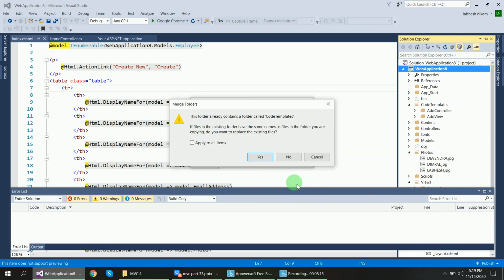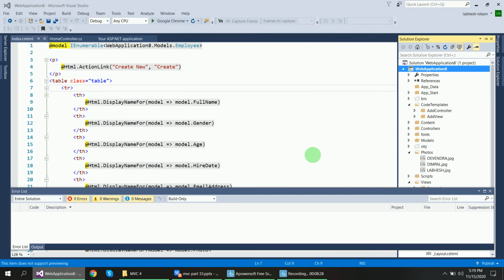A message will appear asking whether you want to modify. We just cancel it, because if you modify, all the application code will be changed. So cancel it, and you can see the CodeTemplates folder is added here, with AddController and AddView folders of T4 templates.